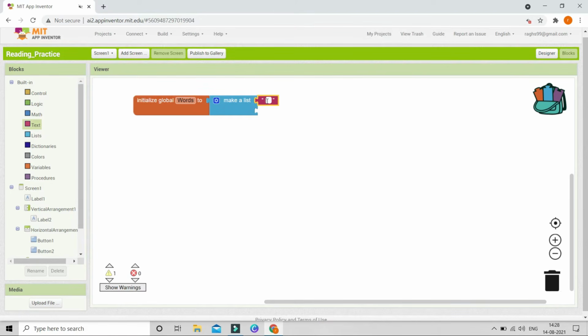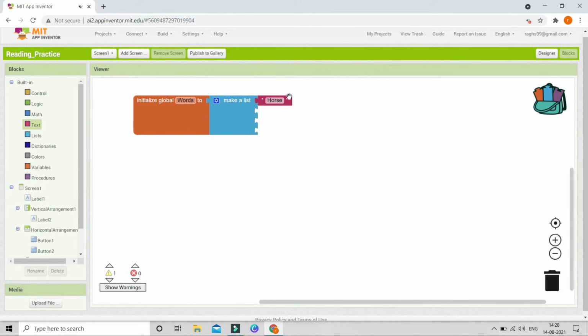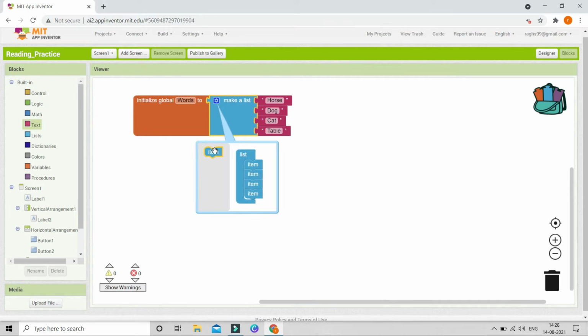So the first word is horse and now I'm going to put only 4 words. So let's go to this icon, and here we are going to bring in 4 items because we are going to put 4 words. Now let me just duplicate this, and now I can start typing all these words. Now you can see that I have typed all the 4 words. So now if you want, you can add more words and you can put as many words as you want so that this app will work better. So you can just add items for more words.